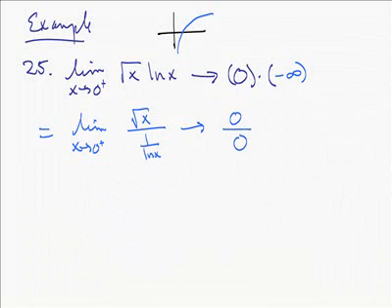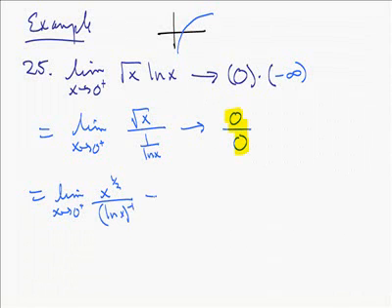So now we can use L'Hopital's rule. So then this is equal to the limit as x approaches 0 from the right of, let me just write it this way, x to the 1/2 on the top, and my denominator, instead of 1 over natural log of x, I'll write it this way, natural log of x to the minus 1 power. So by L'Hopital's rule, because that's an indeterminate form of 0 over 0, we can say it's equal to the